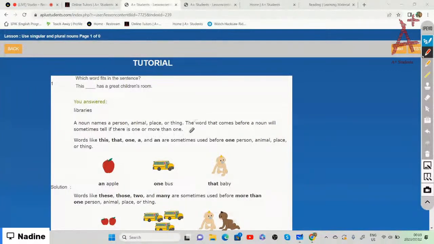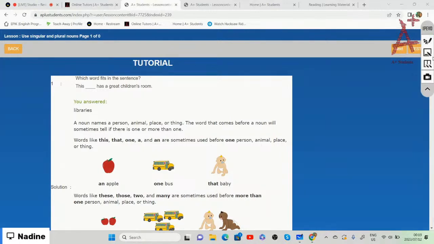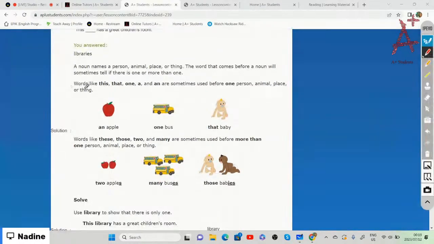Sometimes they won't give you a number as to the amount, but the specific word that comes before the noun will specify if it is singular, if they're telling us about one thing, one person, one place, or an animal, or if we are talking about more than one thing, person, place, or animal. For example,